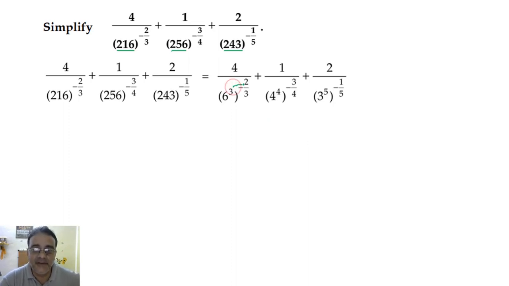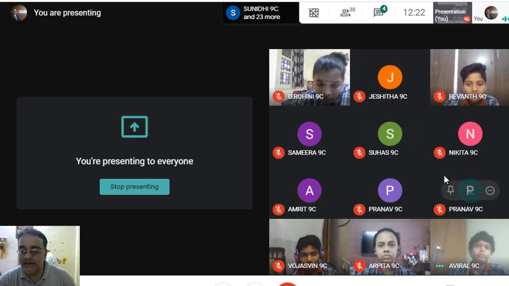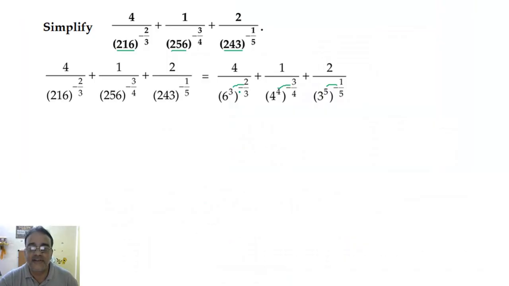Now in the next step you have to multiply these two. The powers you have to multiply. For this, which property you have to use? एक minute, Amrit. For this, which property you have to use? Multiply के लिए. Sir, a to the power m whole to the power n is equal to a to the power m into n. Okay? Repeat.